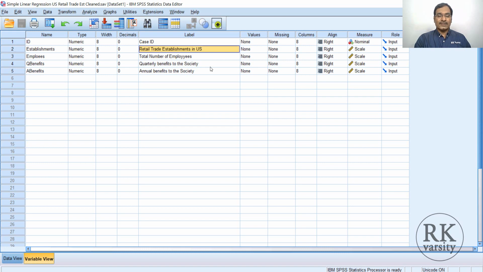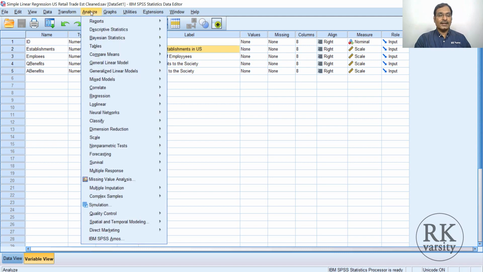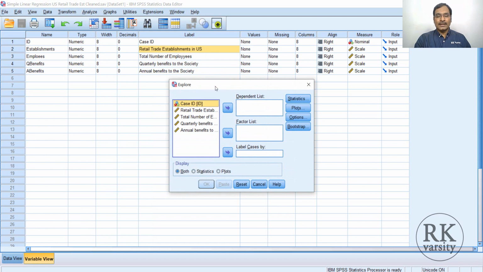First, we check for assumptions. Our first assumption is about outliers and whether the data is normally distributed or not. For that, we go to Descriptives and then Explore. Here we are talking about retail trade establishments. Select this one, send to the dependent list. Then quarterly benefits to the society, select this one and send to the dependent list.